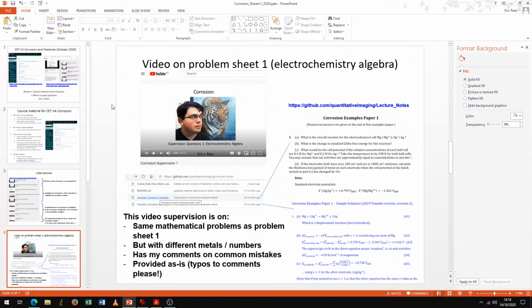This video solution is actually on a variant version of problem sheet 1, so it's the same mathematical problems, but with different metals and different numbers. Obviously you wouldn't expect to be able to just directly copy the numerical solutions, but you should use it once you've had a go for yourself. If there are any bits of algebra you want to check on, you can go through and see how I did it. In the video I also give some comments on common mistakes and misunderstandings that students have,